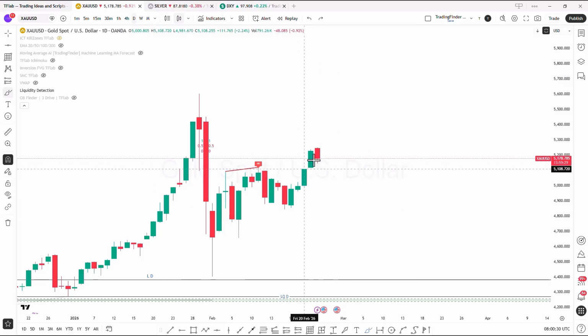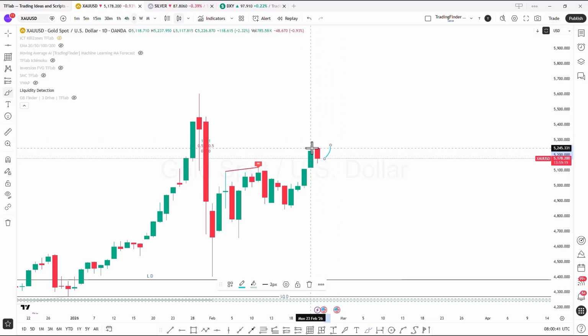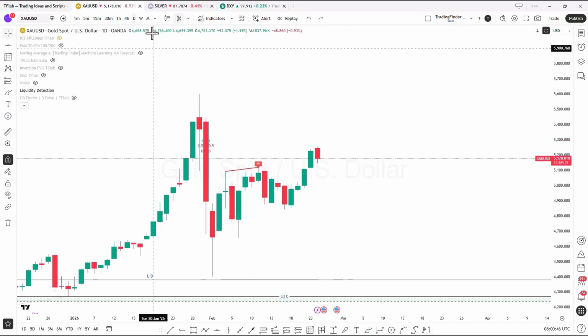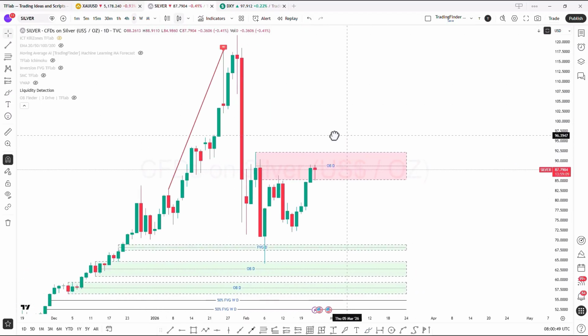However, if it closes at the previous day's candle, it would show that there is a pause in the market. And if it closes above the previous day's candle and is accompanied by a bullish candle, it would confirm a bullish bias and the start of an upward trend based on the correlation it has with silver.